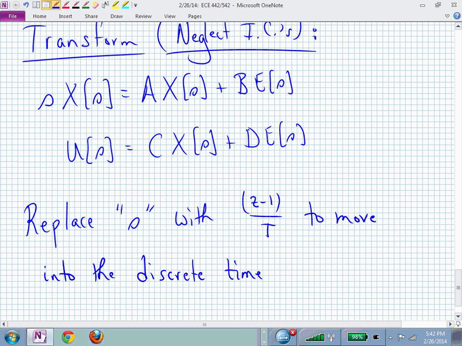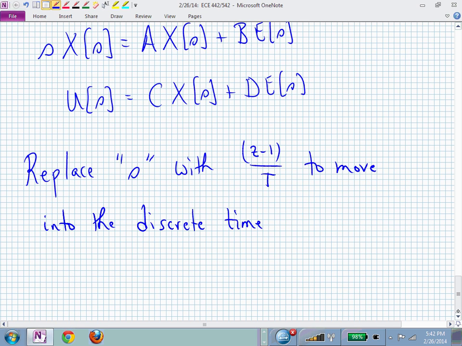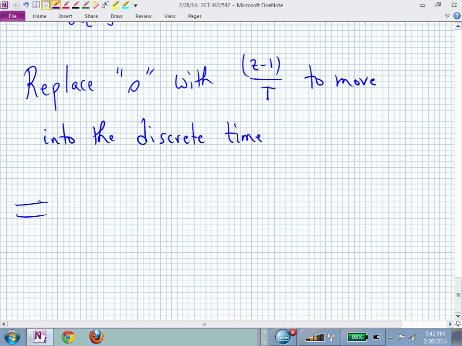We're going into the z domain. And then everything else is the same, except we replace these s's with z's, because now we're moving into the z domain in terms of the frequency domain representation. We now, with that replacement, end up with z minus 1 over cap T times capital X of z,